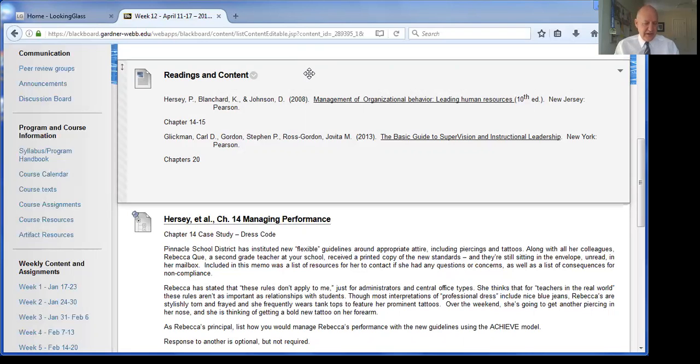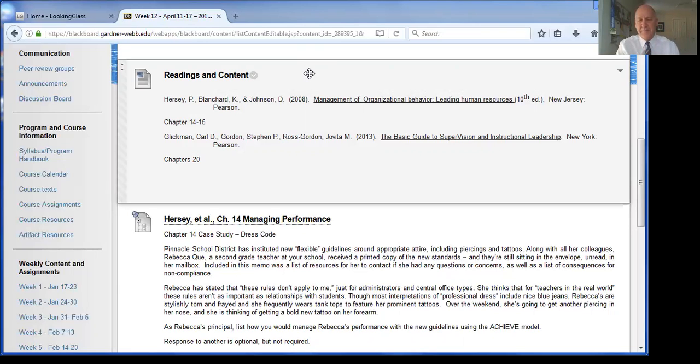Anyway, Hersey has this ACHIEVE model. You've heard it before in chapter 14. He recaps the ACHIEVE model: ability, clarity, help, incentive, evaluation, validity, and environment. It's a model that I think can help you when you're trying to assess problems in schools and determining how to manage another's performance. It's sad, but sometimes we work with folks to get better, and sometimes we work with folks to get gone. And in little things like adherence to school policy, dress code is a minor one.